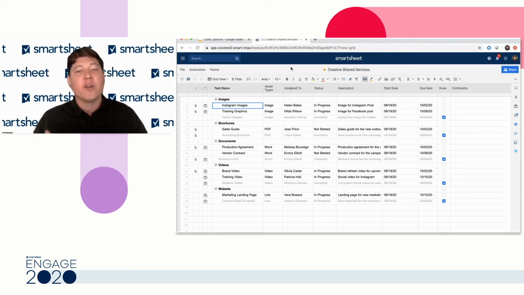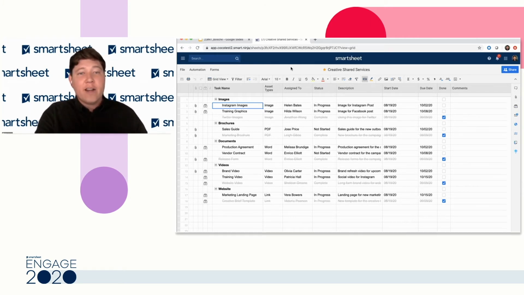It's a shared team where you are requesting a piece of content, which could be an image, a brochure, a document, a video, a website, whatever that creative happens to be, and it's being assigned and planned out ahead of time in Smartsheet. And this is a key point because many teams struggle with having all the information in one place, that source of truth of what do I have to do? When is it due? Do I have all the materials I need to actually accomplish this? And who's going to do it? Who has the time to actually take this on?